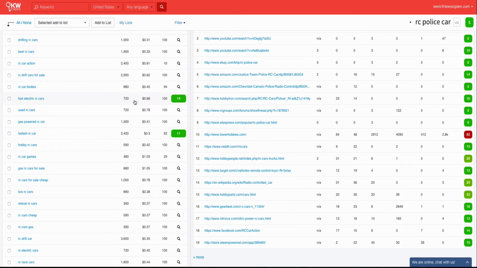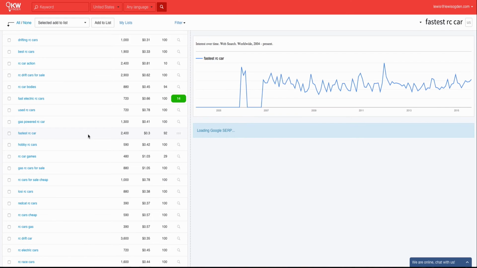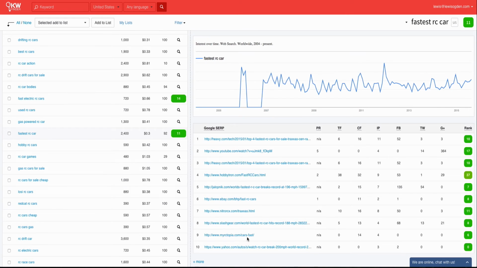And here you can see 1 of 14 and 1 of 11, and that's looking for fast and fastest cars. So clearly people are looking for speed, and they're clearly hobbyists who are looking for something faster, something bigger, something better. And the chances are these could be gas powered and even more expensive. What happens is if we click back into one of these, KWFinder will recalculate just in case the SERP results have changed. And